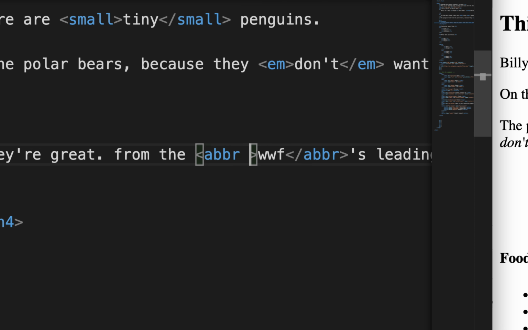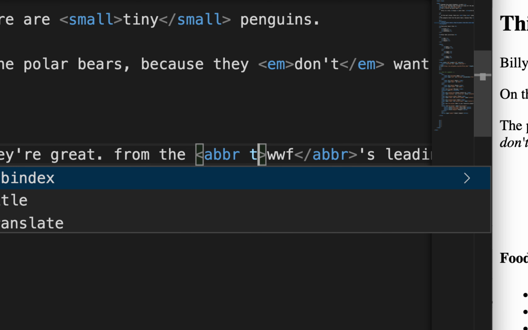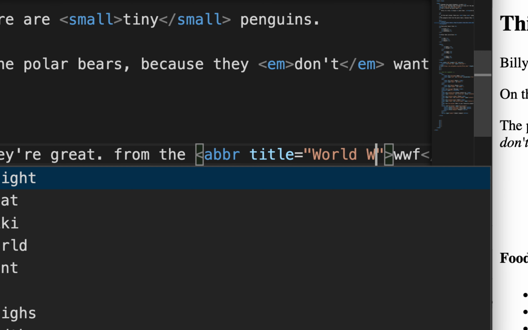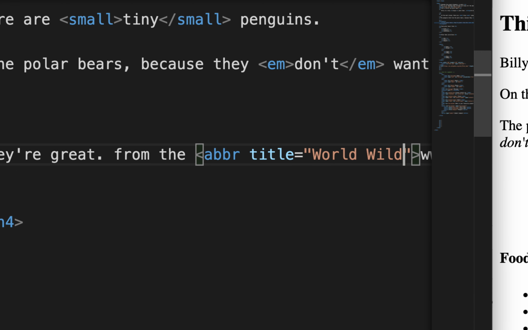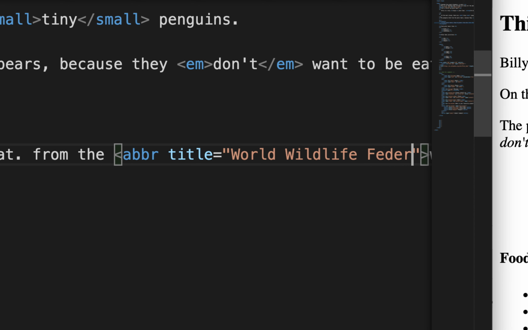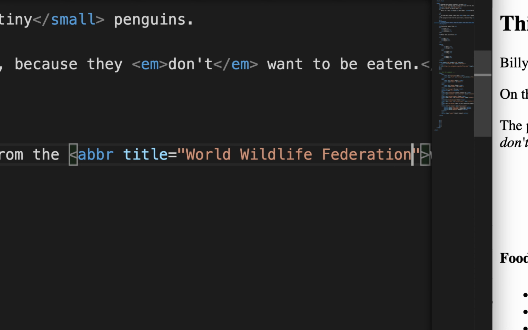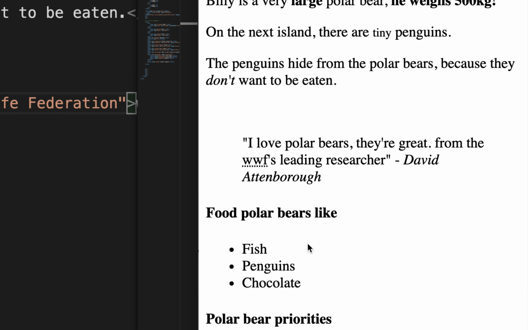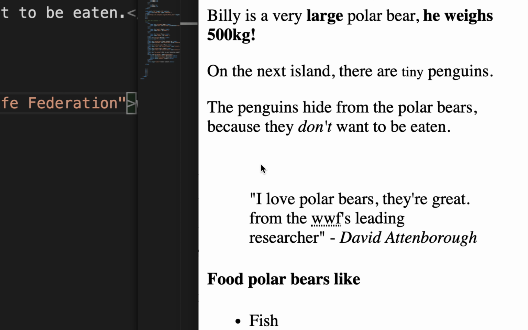So we just jump in here and add an attribute to the ABBR tag called title equals World Wildlife Federation. Give that a save, refresh. Just skip back up to top. As you can see now, if we hover over it, it tells us with our little pop-up, very small, but you might be able to see it,